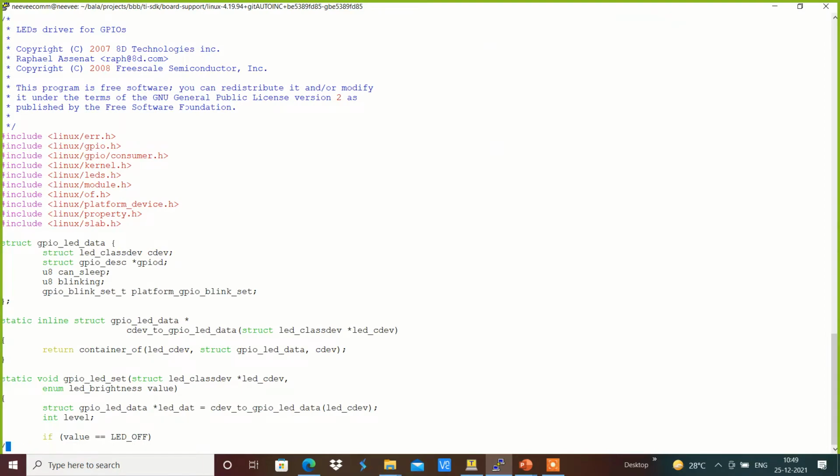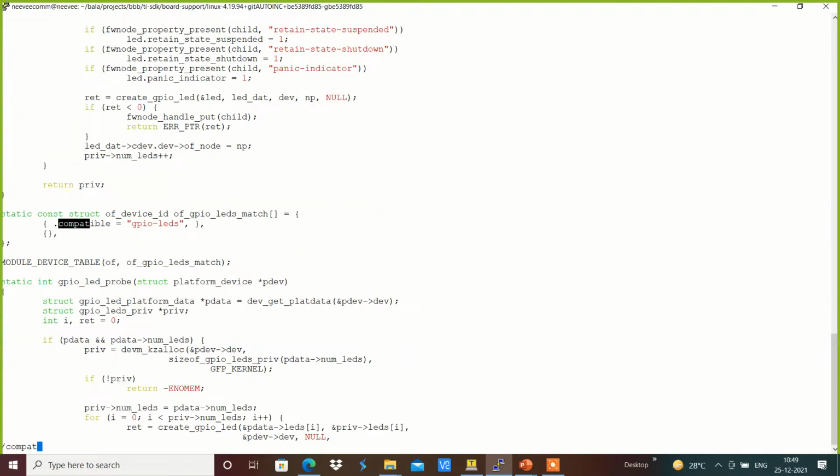In that we will have something like a compatible. There are open firmware device definitions, and here the compatible given is gpio-leds, which has been registered during the registration. For example, it has been added to the module device table as a LED compatible.